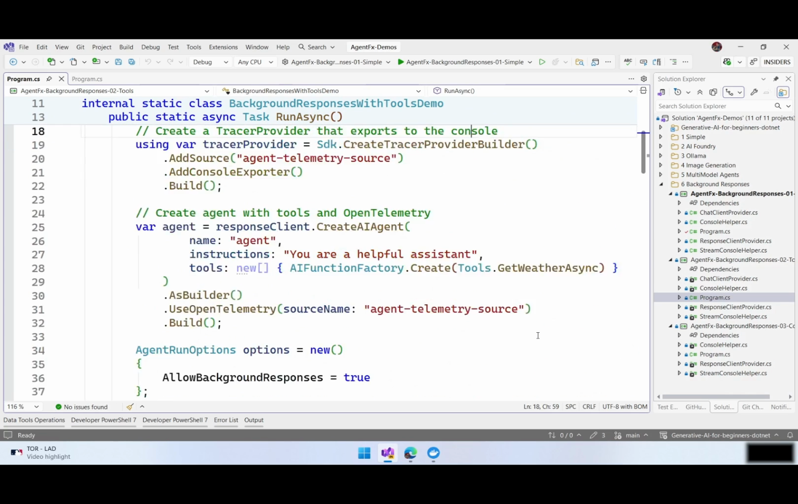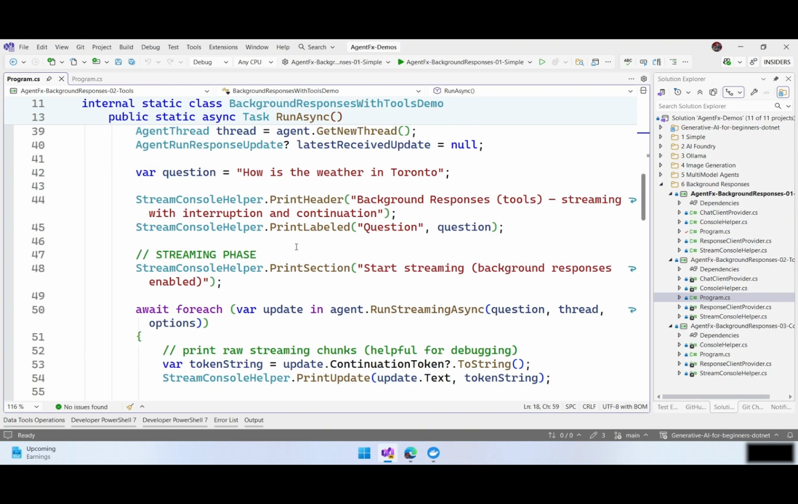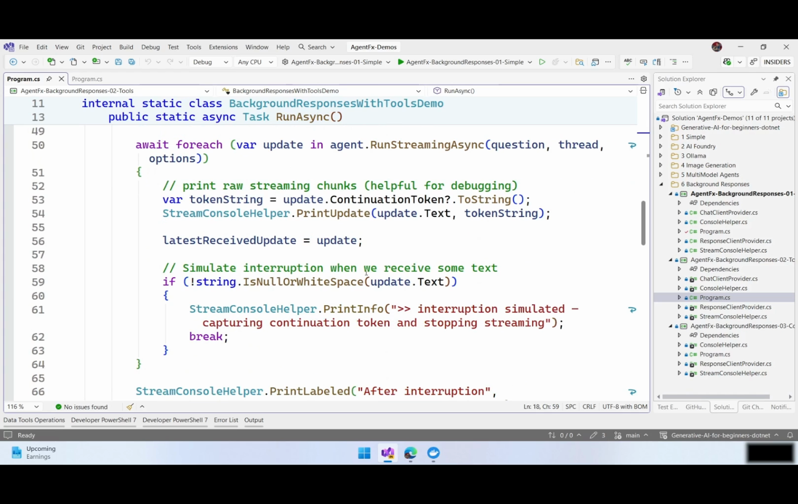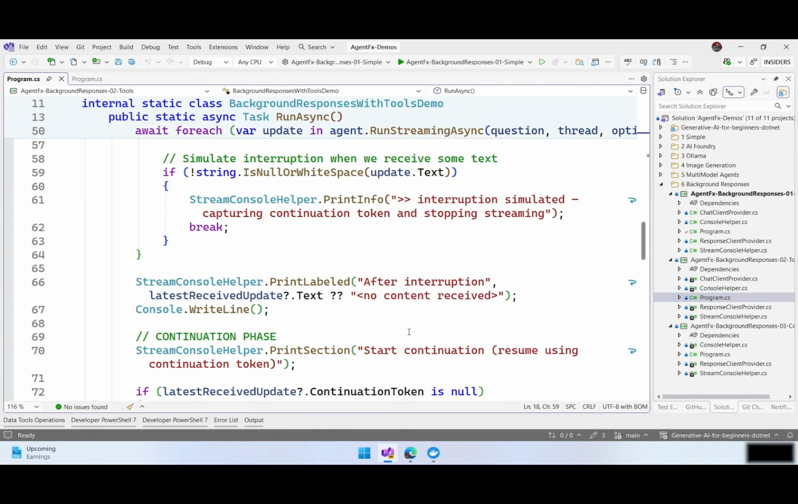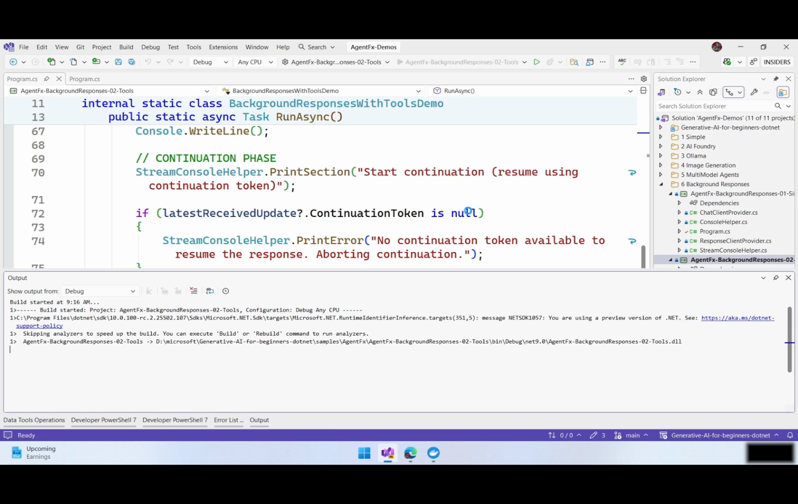So literally the same demo: create the agent, allow background responses, and then we have a new thread. And we're going to ask for the weather in Toronto. We are going to finish when we have the first update, the first piece of text here as a token after interruption, and then we are going to continue here with everything. If we run this one, we are going to see that the functionality and the